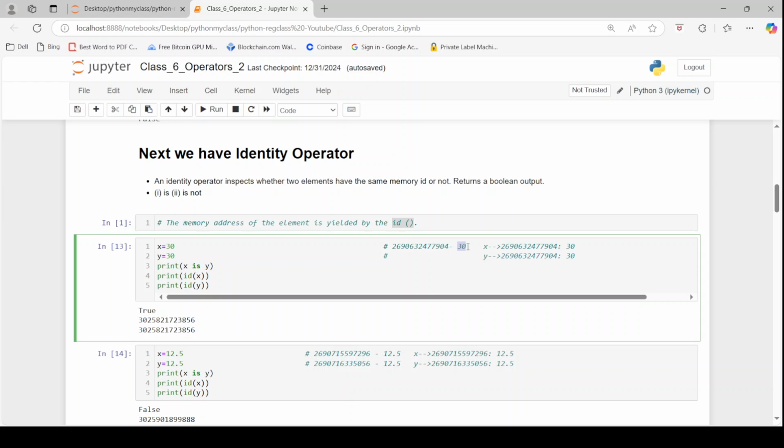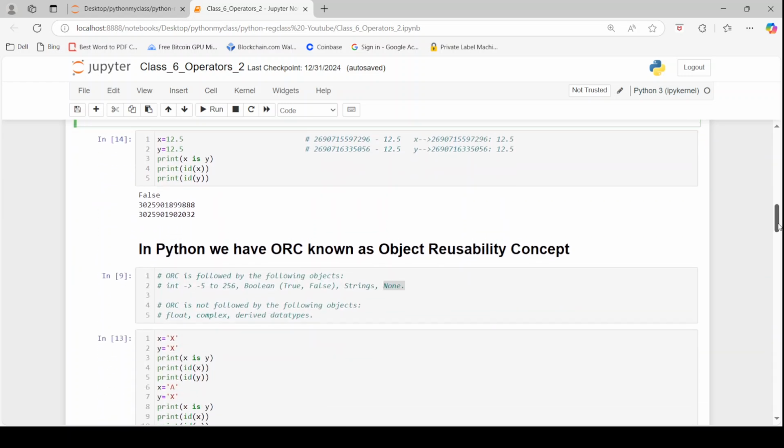30 can be reused by other variables also. If you create, say, z is equal to 30, then v is equal to 30, again and again it will be reused. Why? Because 30 lies within this range of integers. 30 is an integer, and it lies within the range from -5 to 256. This range of integers follows the ORC concept, the object reusability concept. Within this range from -5 to 256, if you have created a value,